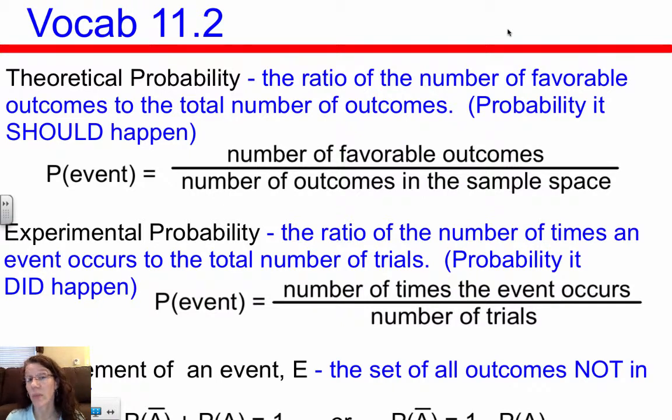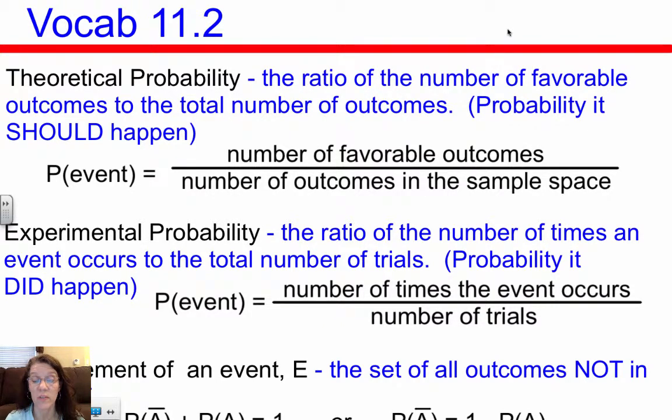So for example, if we're rolling a dice and we want to know what is the possibility of rolling a 5, we have 1 chance of rolling a 5 out of 6 possible choices. So we have a 1 in 6 chance of rolling a 5. That's theoretically. It means what should happen, just like flipping a coin. You have a 1 in 2 chance of getting a heads, and you have a 1 in 2 chance of